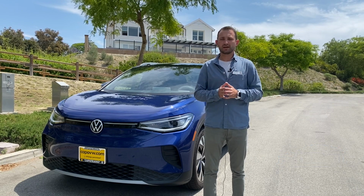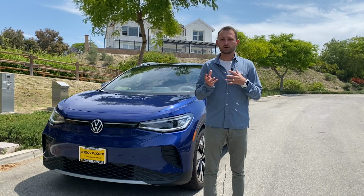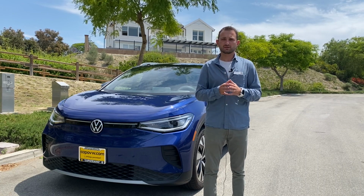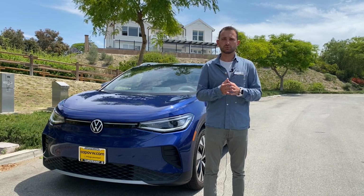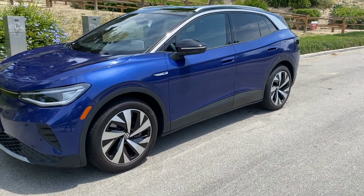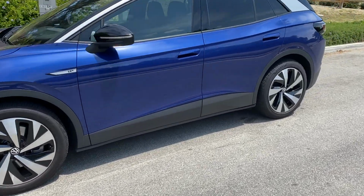So in this video I'm gonna have a quick video about some key differences which I think, in my opinion, are really significant comparing those two vehicles. So let's go. First thing first, as I mentioned, the ID.4 is a compact SUV, and let's start with